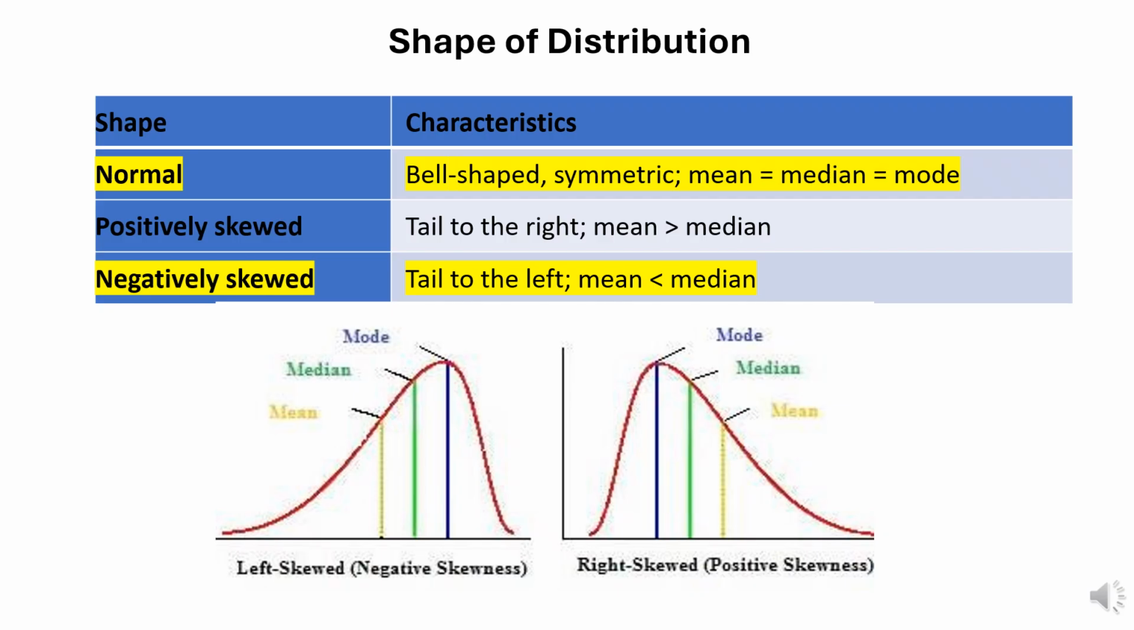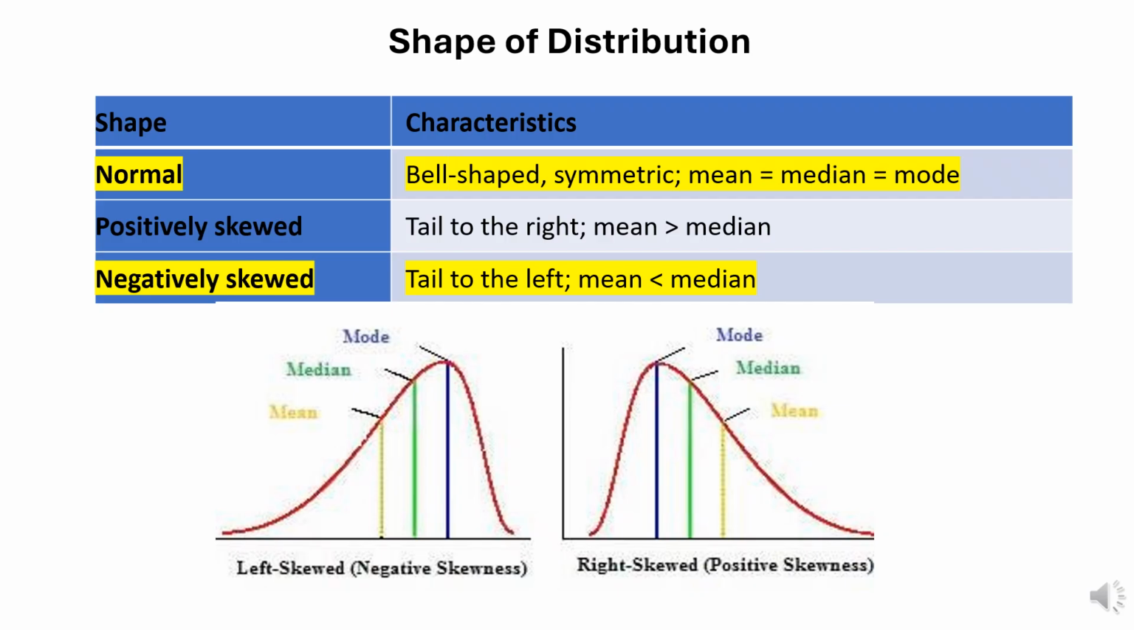A normal distribution is perfectly bell-shaped and symmetric, with the mean, median, and mode all equal at the center. In contrast, a positively skewed, or right-skewed, distribution features a long tail extending to the right, while the bulk of the data clusters on the left. This pulls the mean toward the tail, so the relationship becomes mean greater than median greater than mode, with the tail pointing to the positive